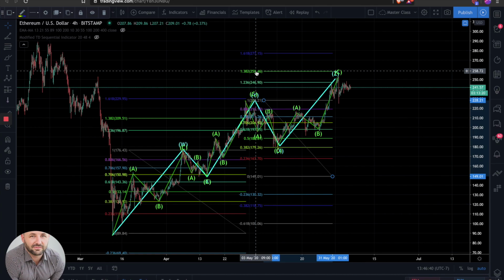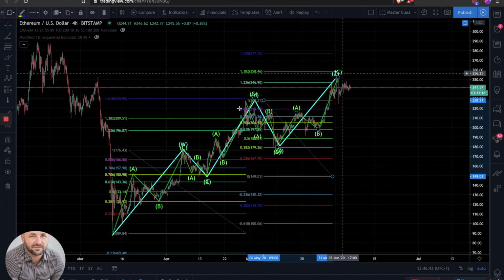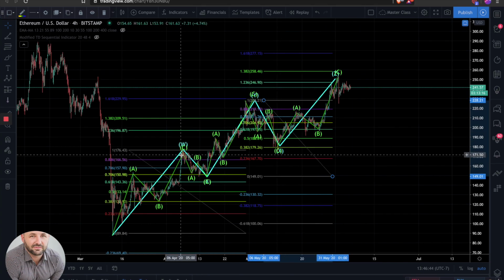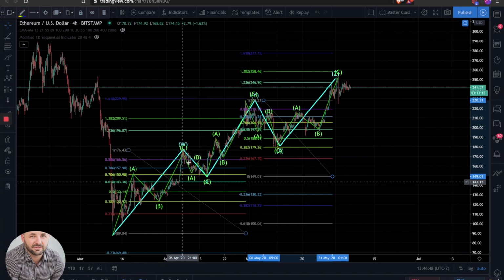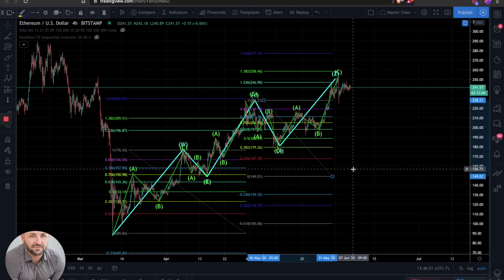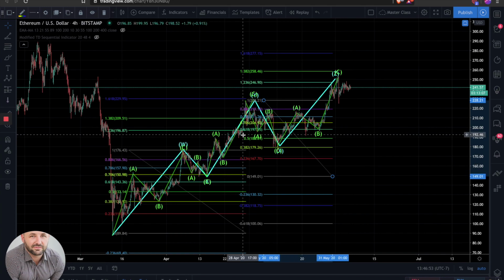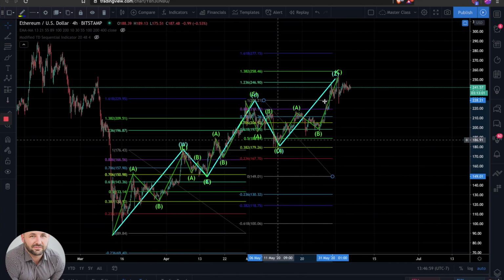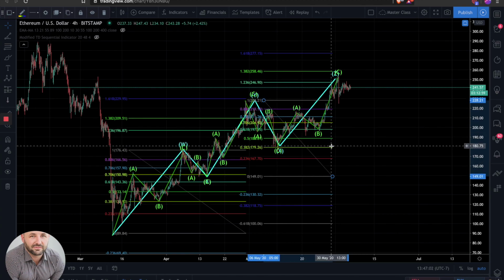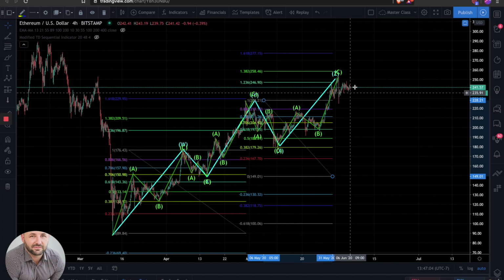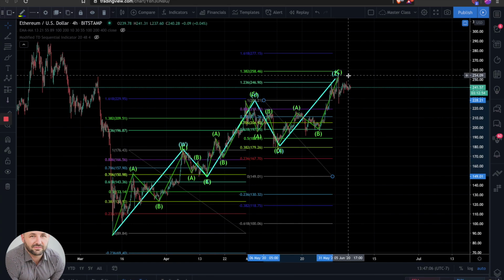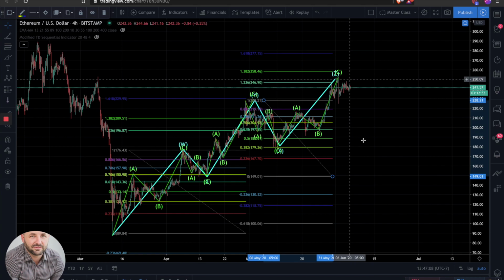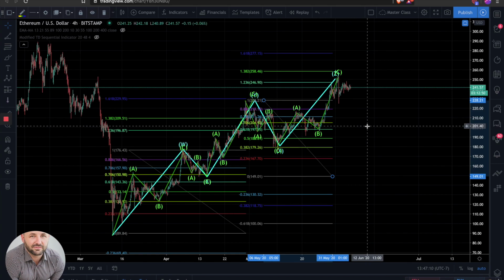Obviously, anything higher invalidates this entirely, and this whole count is wrong, and it's something entirely different. However, from a wave structure standpoint, from a fib retracement standpoint, it matches. Even the trend-based fibs match. So that's what I was looking at, and what I just found that I wanted to show you guys and share with you, that we've maxed out on where we've gone, which is giving me overall bias to lean